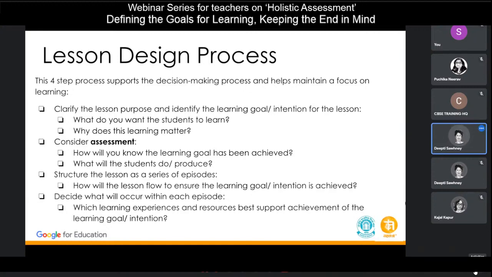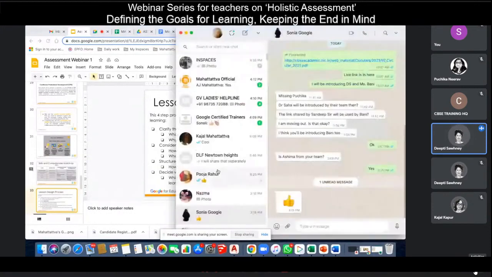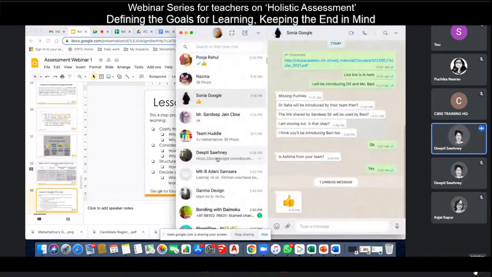So I will request Puchika now to open up the Word document that I had shared with you. So all these things now come together into this Word doc, and I have also shared this in the Google Classroom. So please open up the Google Classroom and